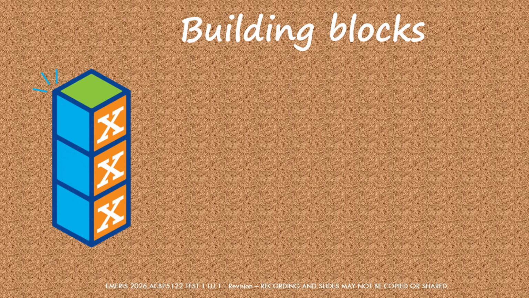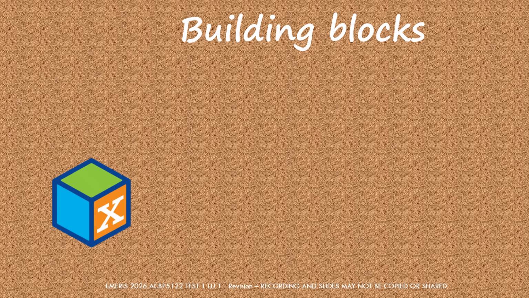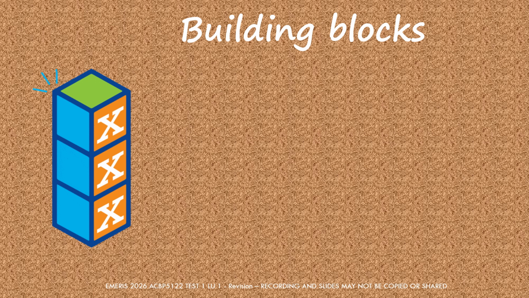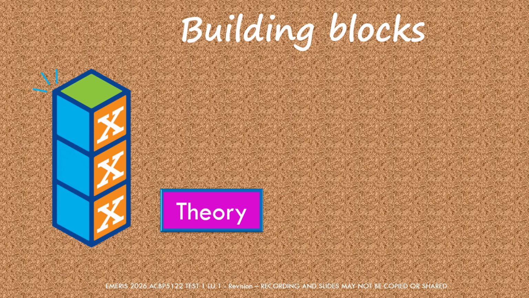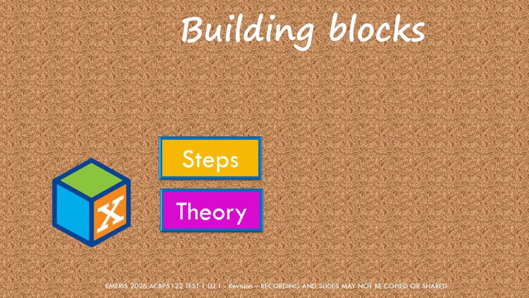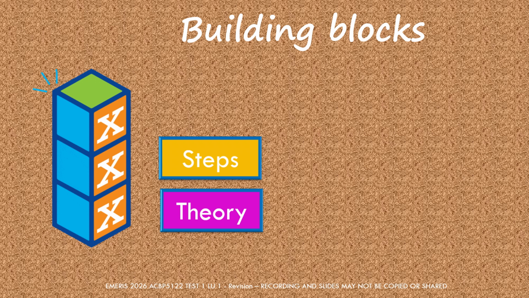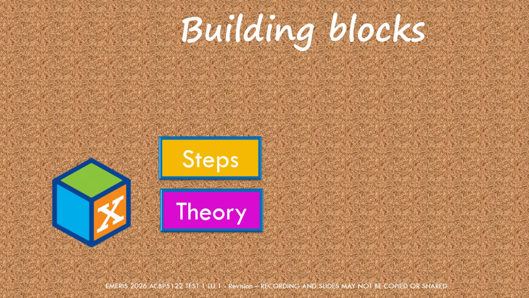Now, in class, your lecturer is only able to give you the building blocks. So in class, we give you the building blocks to answer any question. You just need to know how to apply these building blocks, and then you will be able to answer any question on this learning unit. So your building blocks in Learning Unit 1: you must know the theory. And then the second important building block is you need to know the steps of the bank reconciliation process. That is a really key building block for you to answer any application style questions.